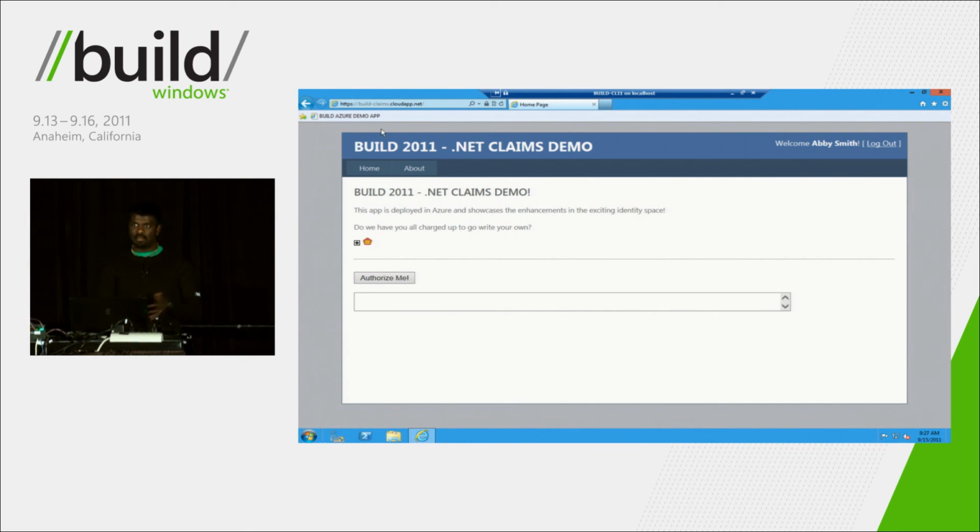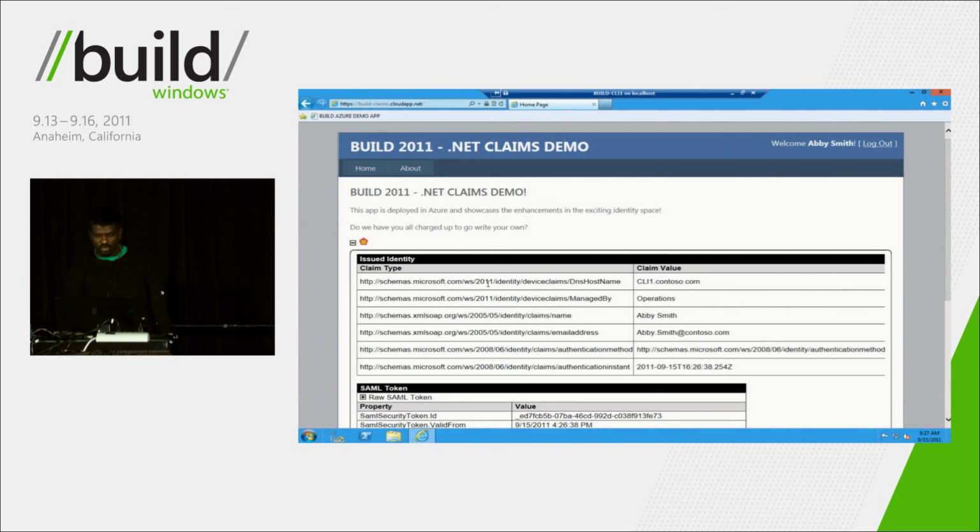And note that because I'm joined from my corporate network and already on a domain joined machine and connected, this all looks so seamless for you. This is what we call single sign-on. I can use my Windows credentials to bind to these applications and have seamless access to that application. This application is not trusted in AD; it lives in Azure out there. So let's take a look at our claims control. As you can see, the first two claims, we actually sent the DNS host name of the machine that I joined. This was all enabled by this notion of device claims and compound ID that I talked to you about. We've been able to project